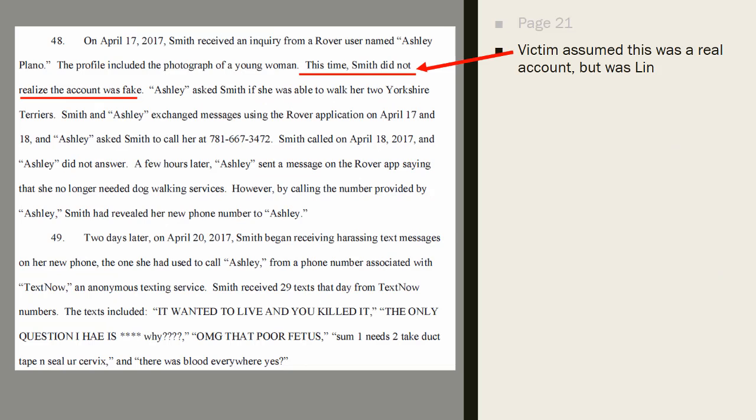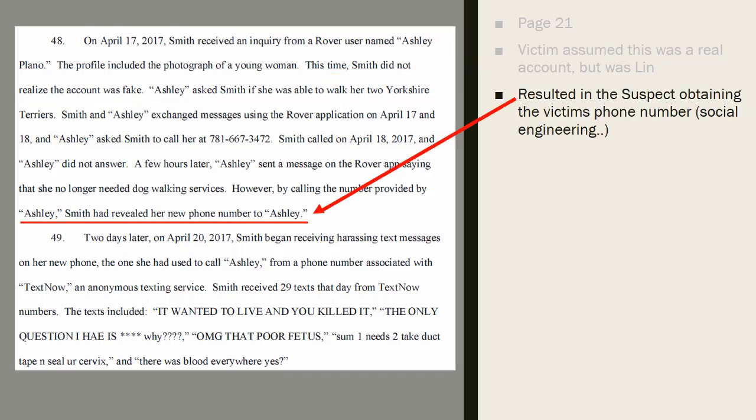Okay, again, with that email account or that Rover account, the victim didn't know that it was fake. She didn't know that it was the suspect that had contacted her. And then through that contact, there was a message sent, and the victim called the number provided by the suspect's account, thinking it was legitimate, and by doing so, the suspect got the victim's actual phone number. So this is a case of social engineering that worked out very well.